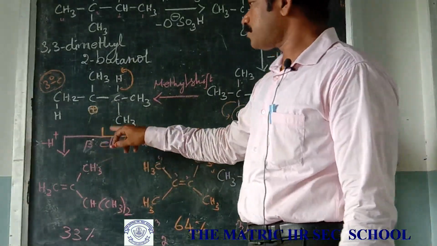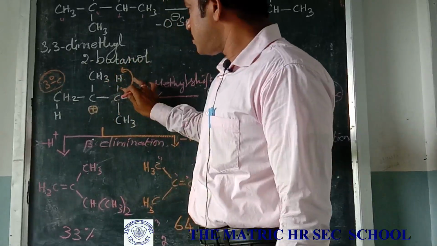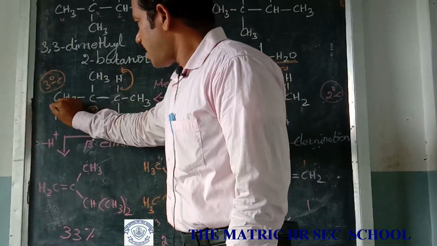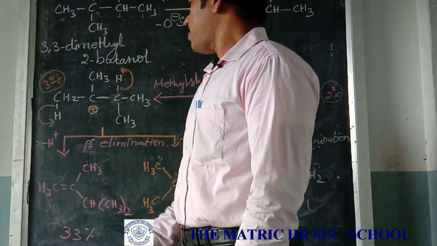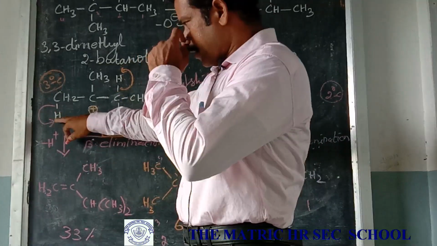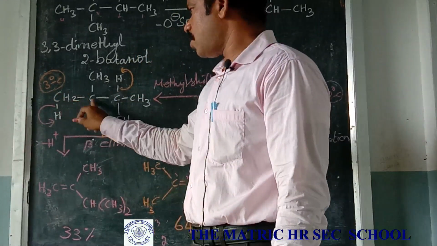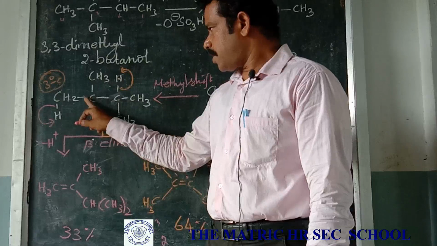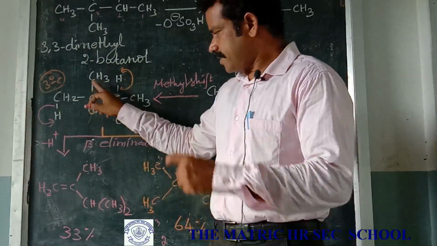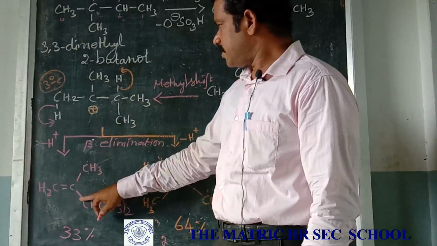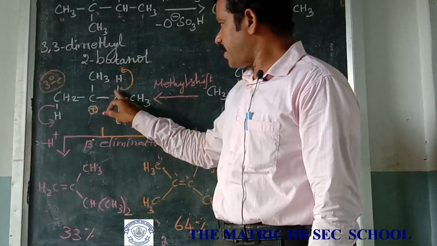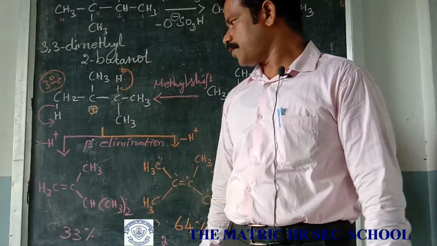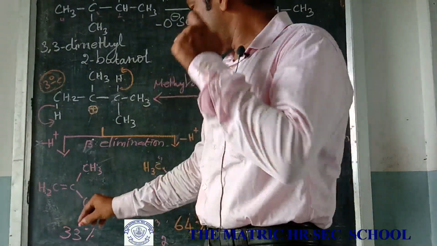Then for the other product, this hydrogen is not shifted, but this hydrogen is shifted from this position. The positive ion goes out, so the carbon is negative, and this negative ion and the carbocation combine to give the new double bond. So CH2 double bond C, with this CH3 and a single bond to this carbon C and hydrogen. Both are methyl groups, CH3 twice. This position is the same.